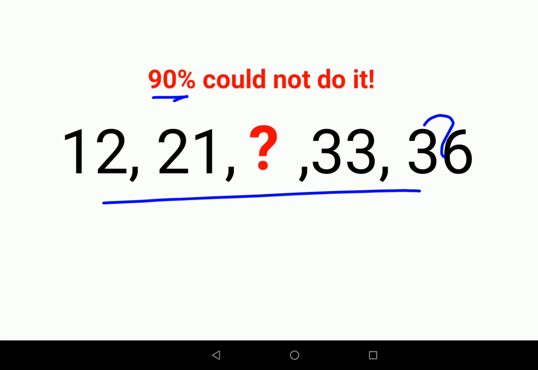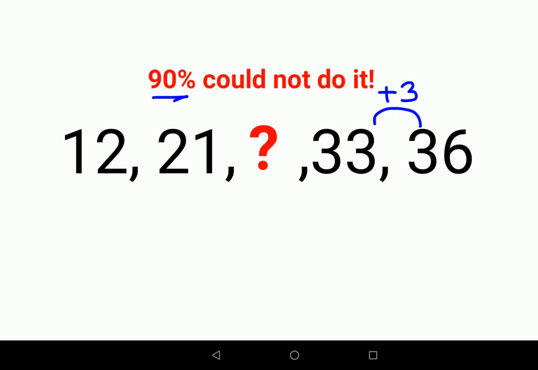Okay, so now here what you will do. First, let's try and see. See here, the entire series is going in increasing order, or ascending order. So obviously there is something related to either multiplication or addition. Now understand that since the difference is not too big, we'll first go with addition. So to 33 you add 3 and you get 36, and when you add 9 to 12 you get 21.